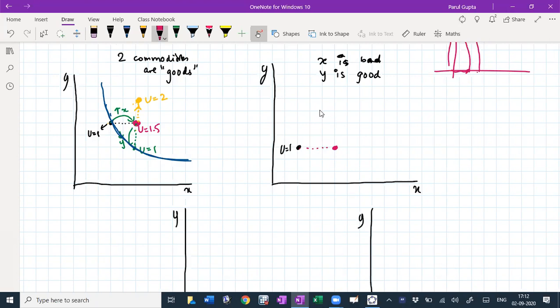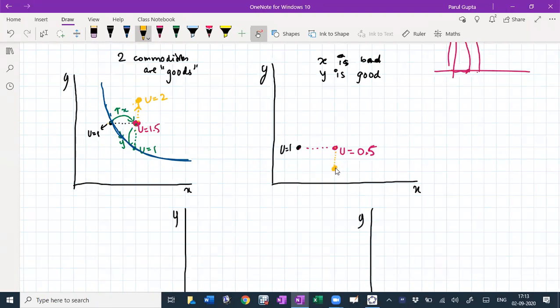Happier at the previous one. Now what I have done is I have given you the same level of Y, but I have given you more of the commodity that you don't like. That means you must have been better off at the black point rather than the new one. You haven't increased the good thing, but you have increased the bad thing that you don't like. So this is going to give you some utility. Let's just call it 0.5. Now if I go down from this point, will this point give me lower utility or higher utility than 0.5?